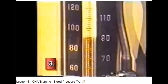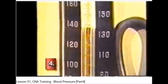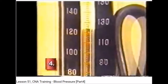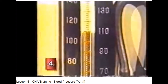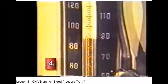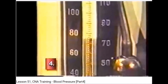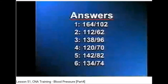So this patient here, if you've been watching the numbers, has high blood pressure, about 138 over 98. So go ahead and try this last one. Read the blood pressure, determine whether it's normal, high, or low. Compare your recorded measures with the answers. If any single measure differs...